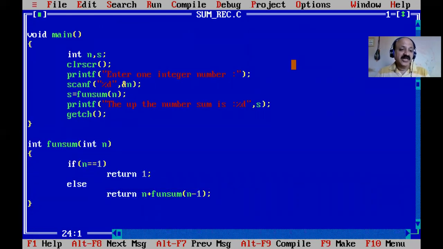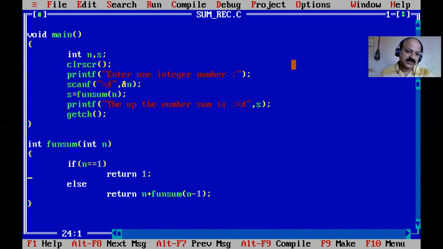Recursion maintains the stack algorithm, where push is insert and pop is delete. First all values are pushed, and they come out in reverse order. Like commerce students learn, one concept is last in, first out. That is the same LIFO technique: last in, first out. So push is insert and pop is delete.